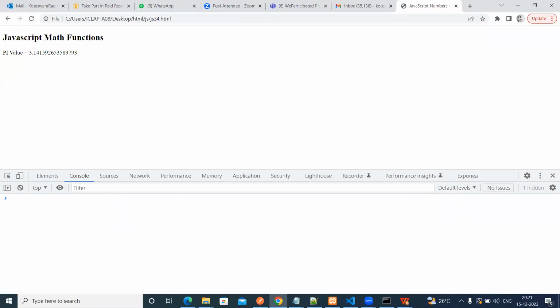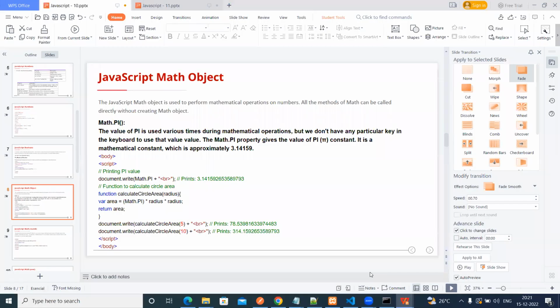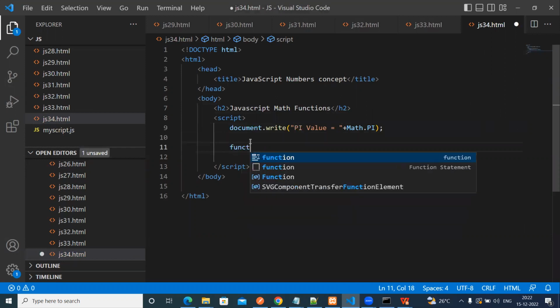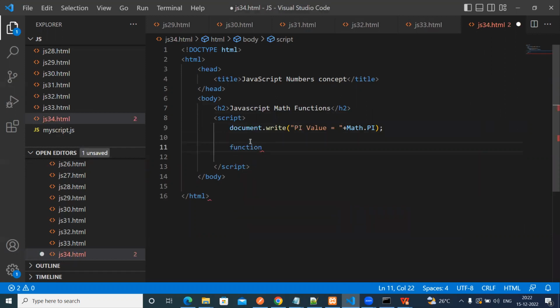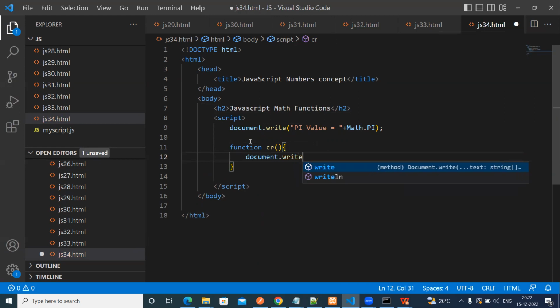Okay, so the next one: suppose you want to find the area of a circle given its radius, then we have a formula, pi r square, right? So we can write a function, circleRadius. We can give this cr. So then, document.write. We have the formula pi r square, right? So document.write